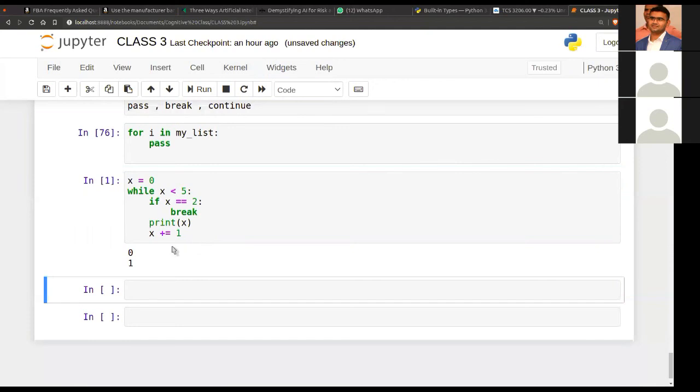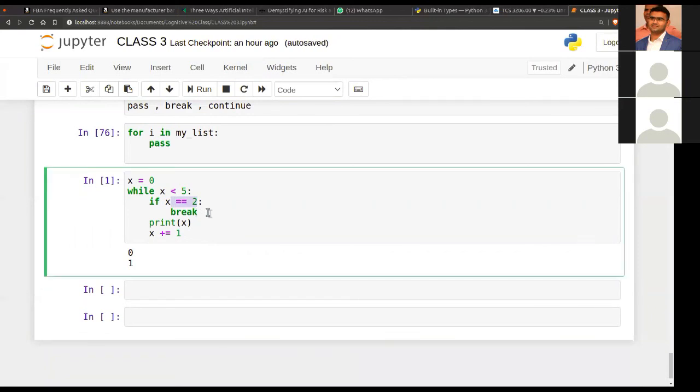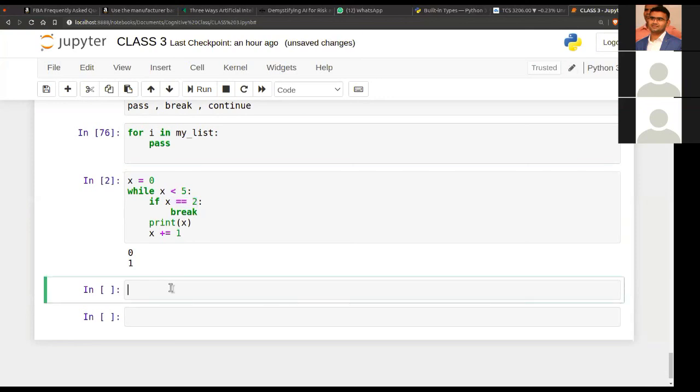So yeah, we got 0, we got 1. The moment x equals 2, we break out of the loop. Okay, this was one of the applications of break. It can be applied in many ways. You will learn slowly how to use break and why to use pass.